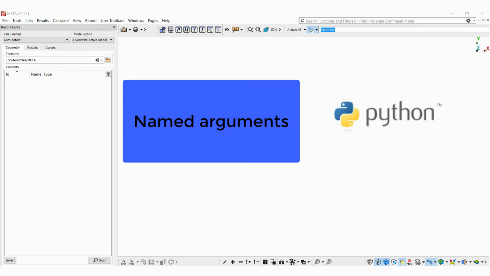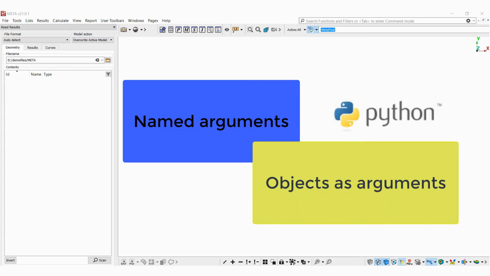Such functions are either cases where we have a big number of optional arguments supported, or we have a lot of lists of element IDs or types, for example, being used as arguments. In addition, meta objects are now used as arguments in a lot of functions, which facilitates the syntax a lot in cases mentioned above, where various lists had to be created firstly and then be given as arguments. Now, the objects may be given as arguments directly, resulting in easier and more efficient handling. We'll see an example straight away.